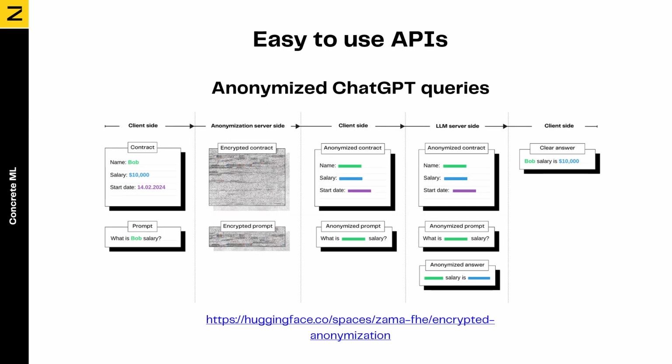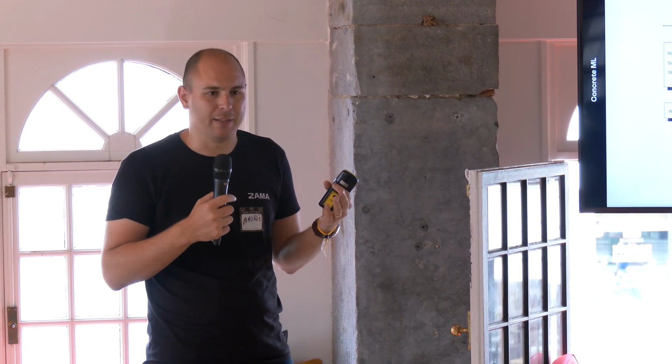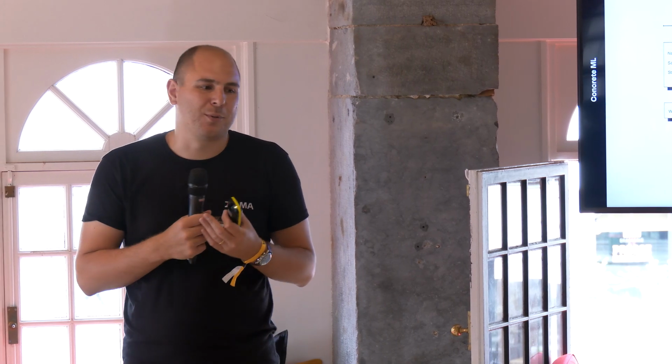Okay, another example would be anonymizing documents to then send them to ChatGPT to do, for example, retrieval augmented generation. ChatGPT is not encrypted, so your data can be stored, can be reused by OpenAI. So if you want to have full control of your data, one approach is to anonymize it. It's not a perfect approach. Ideally, we would like ChatGPT to be encrypted. But to still use ChatGPT with less risk of exposing your sensitive user data, you can use anonymization.